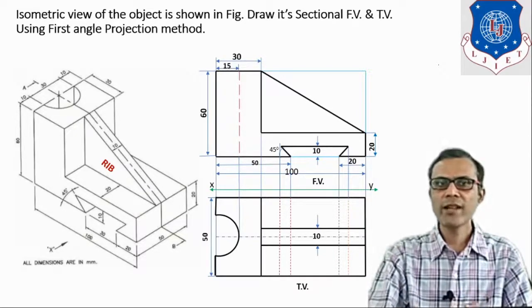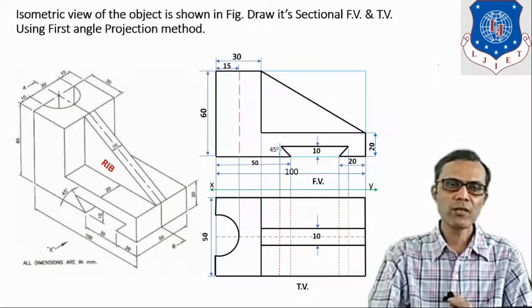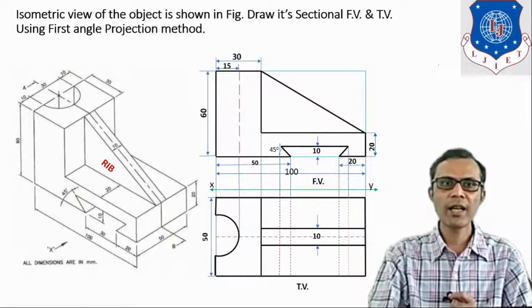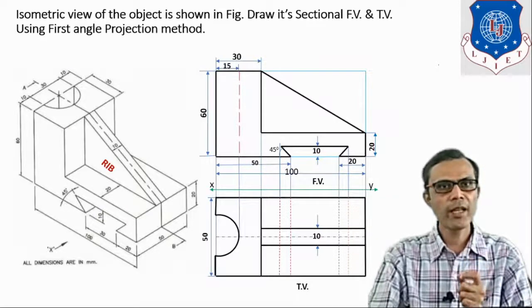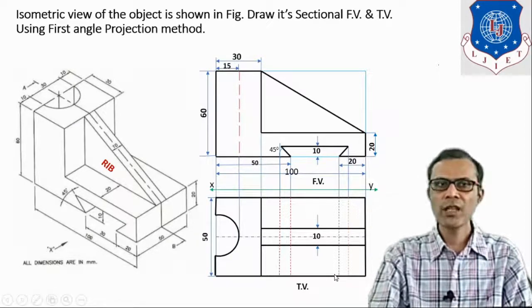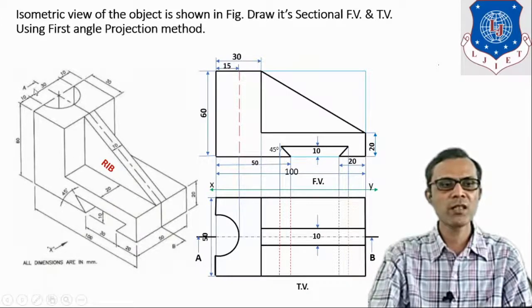So first indicate the position of the cutting plane with CPL, cutting plane line. And what is the format for the cutting plane line? It is long chain thin, elsewhere but thick at ends, with two capital letters and two arrowheads. Front view is in section, so the CPL is to be drawn in top view. So both of these ends are thick, with two arrowheads and two capital letters, AB, because in the question the CPL is given by AB, so it is cutting plane AB.